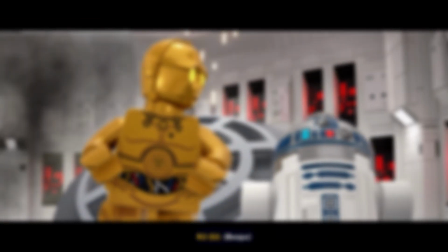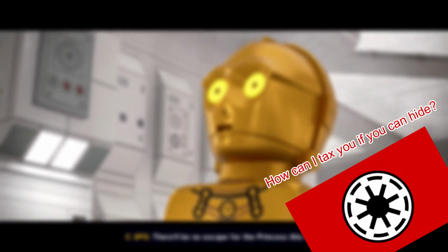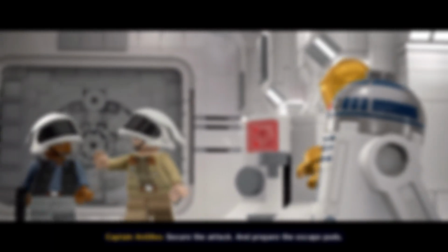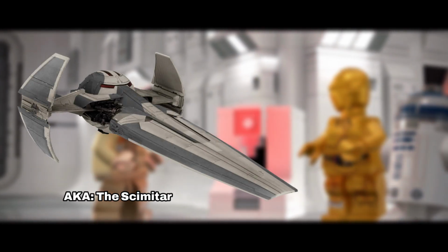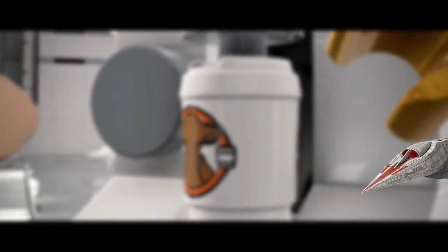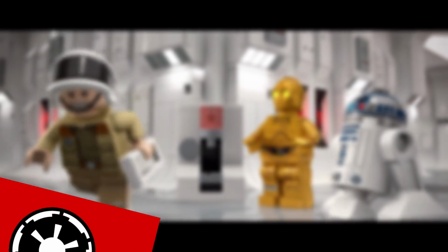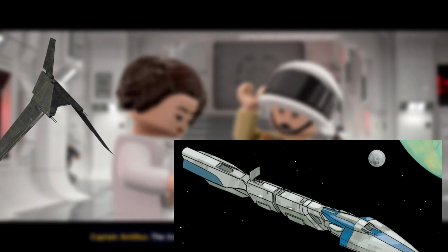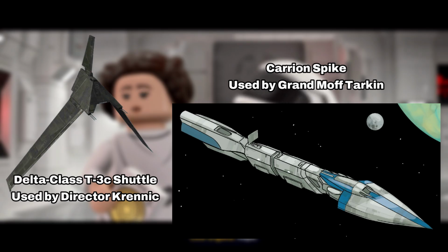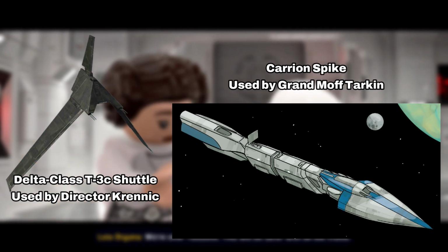the TIE Phantom. Throughout the Galactic Republic's history, stealth and cloaking technology has been strictly banned. As such, not many ships were built with stealth tech. The only ones of note were the Sith Infiltrator, a custom-made starship used by Darth Maul, and the Republic's stealth ship, flown by Anakin Skywalker. This all changed after the end of the Republic era and the establishment of the Galactic Empire, where more stealth ships started popping up, being used by high-ranking Imperials and important politicians in order to keep their shadier business deals